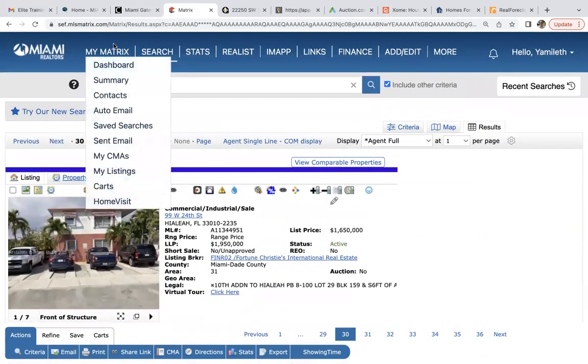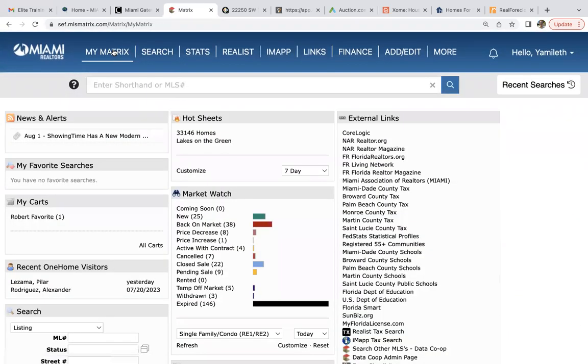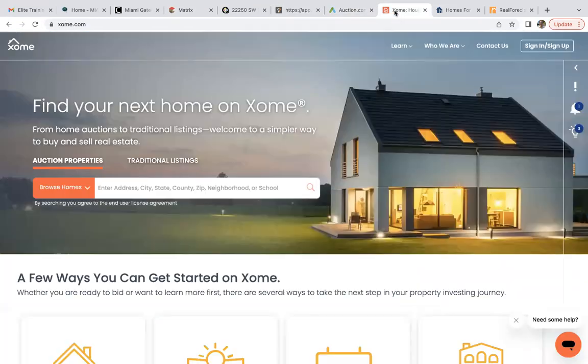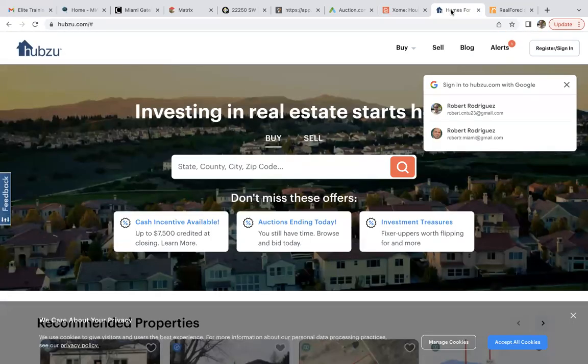All right, guys, so this is the different ways that we can find investment properties on the MLS. Also, make sure that if you are looking for properties on a discount, you use some of these auction websites. They are tricky purchases. In most cases, you can't even go see the property, but you are buying properties at